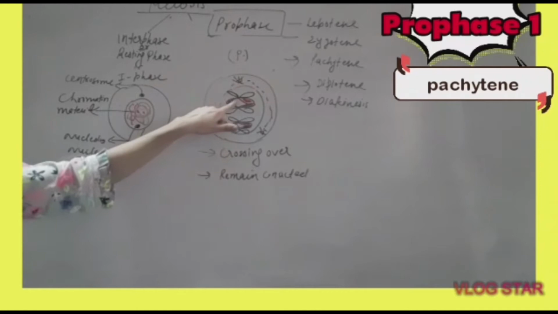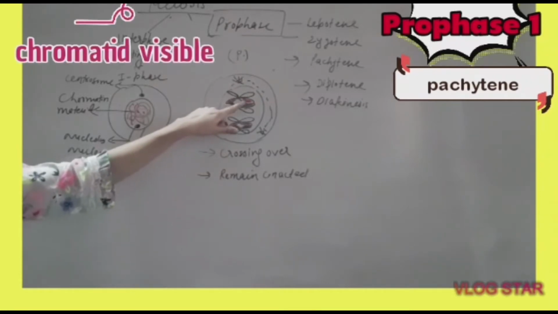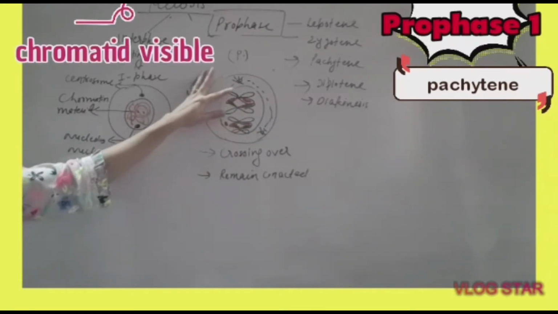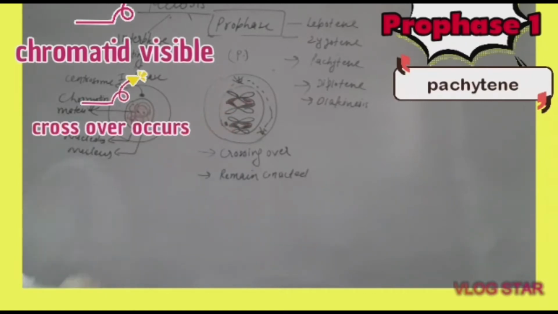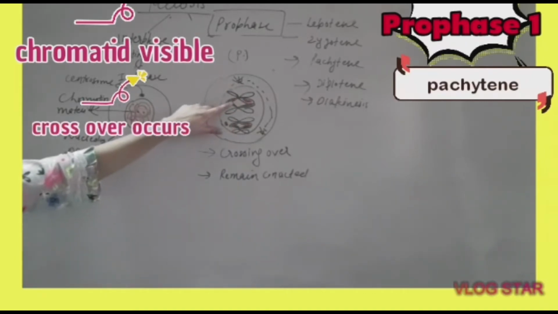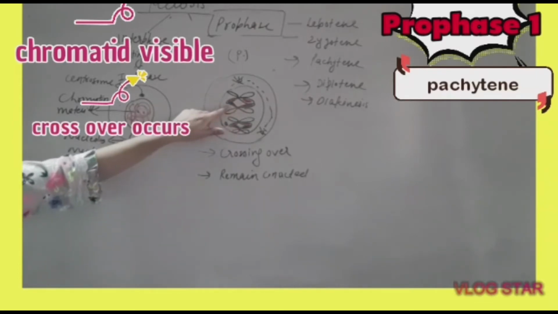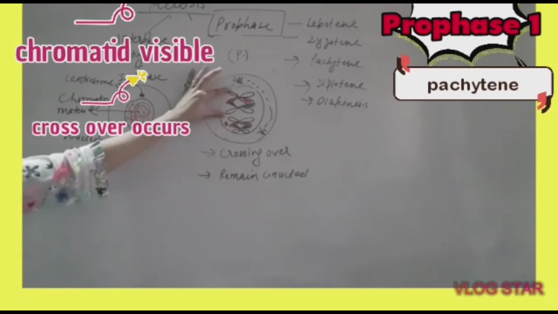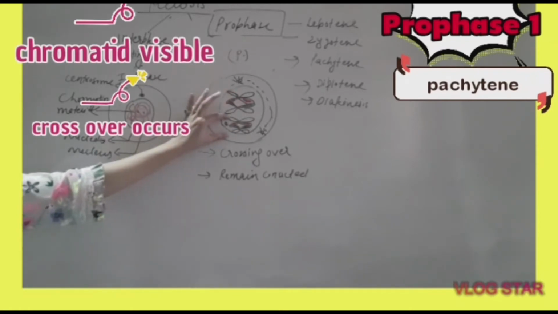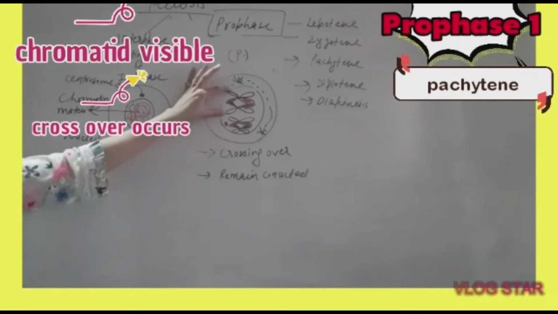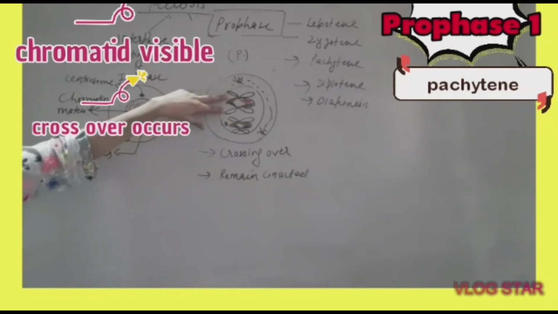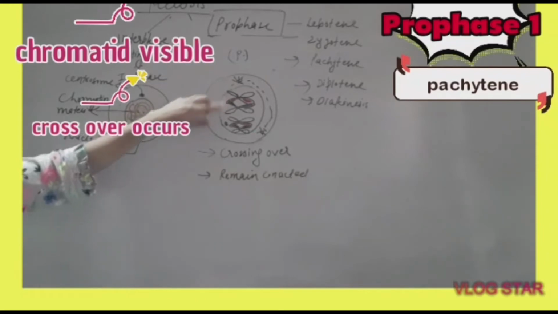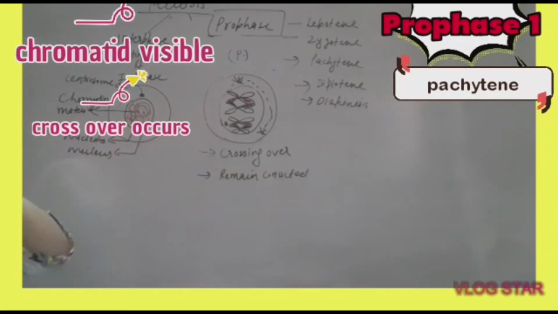And what happens with these chromatids in Pachytene stage? They undergo crossover. What is crossover? Crossing over is exchange of segments. You can see they are overlapping. One chromatid of this black one is overlapping the chromatids of the red one. This is one homologous pair. This is another homologous pair. So chromatids of a homologous pair overlap with each other. Non-sister chromatids of a homologous pair synapsed with each other.